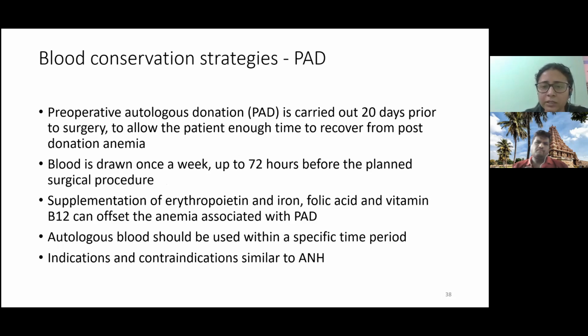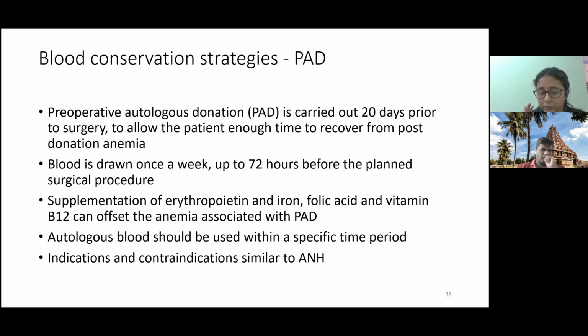Preoperative autologous donation is not very widely performed in children, primarily because of the small blood volume of the children, and the criteria is an HB greater than 12. However, for the sake of completion, it is carried out 20 days prior to surgery to allow the patient enough time to recover from post-donation anemia. Blood is drawn once a week, and the last donation should be at least 72 hours prior to the planned surgical procedure. It should be done at least 3 days prior to the surgery and not after that. Supplementation of erythropoietin and iron, folic acid, and vitamin B12 can offset the anemia associated with preoperative autologous